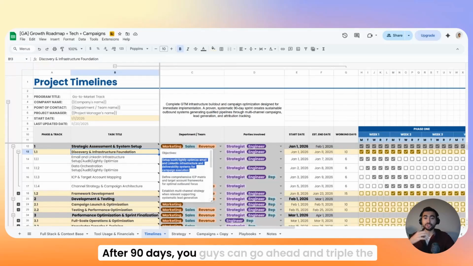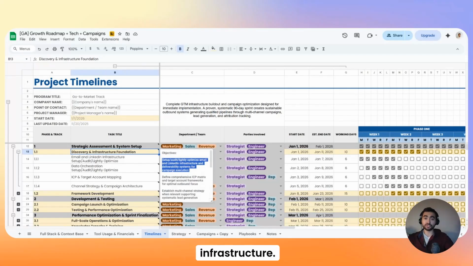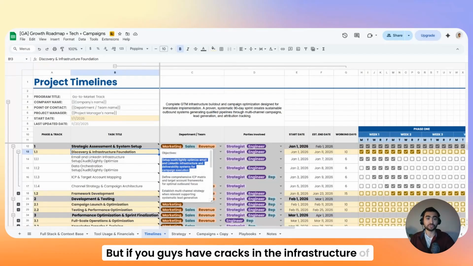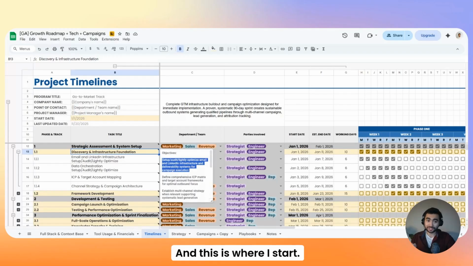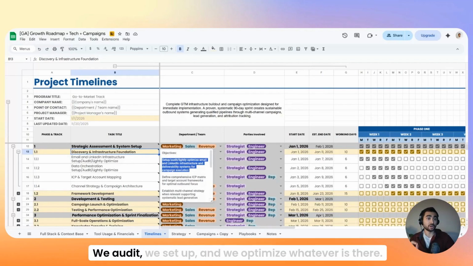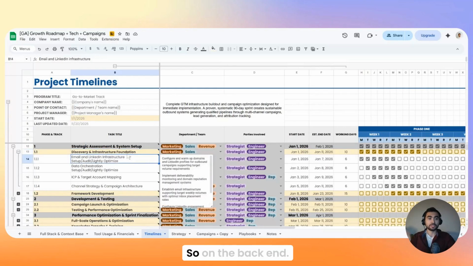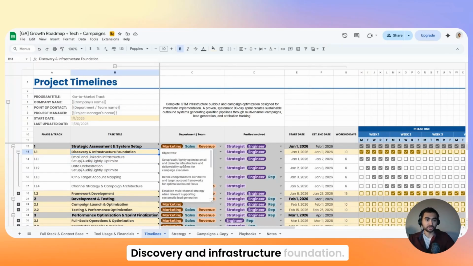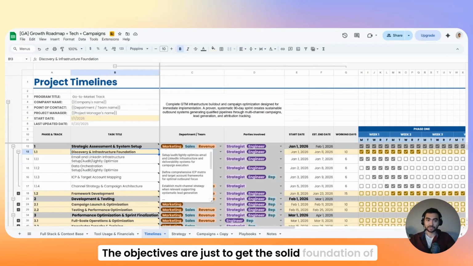After 90 days, you guys can go ahead and triple the infrastructure. But if you guys have cracks in the infrastructure of your house, this is where the problem starts, and this is where I start. So building the house is not on borrowed time. We build the house the right way. We take our time. We audit, we set up, and we optimize whatever is there, and then we build on top of that. So on the back end, discovery and infrastructure foundation, the objectives are just to get the foundation